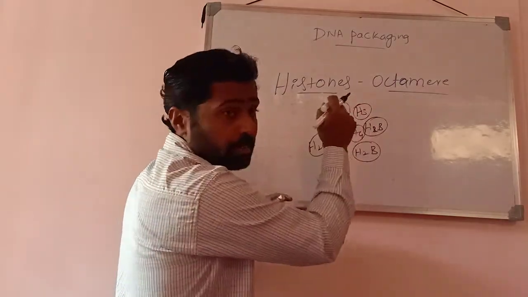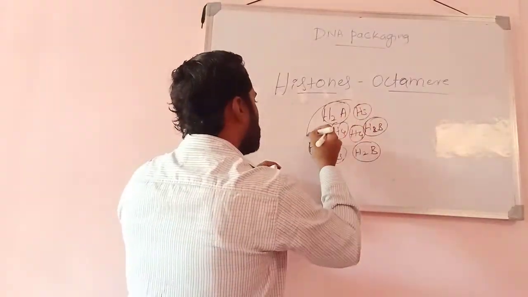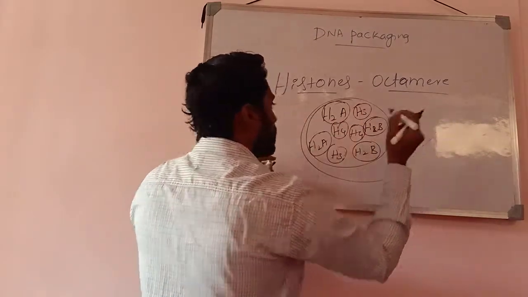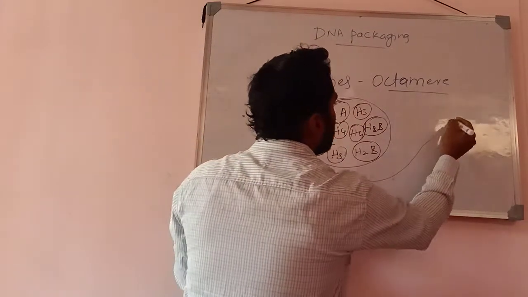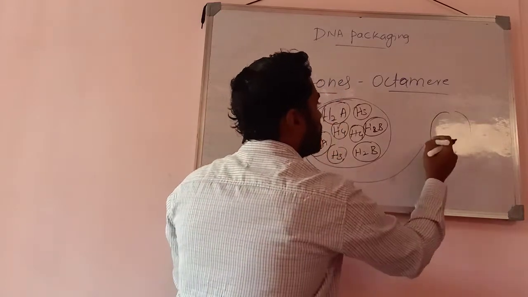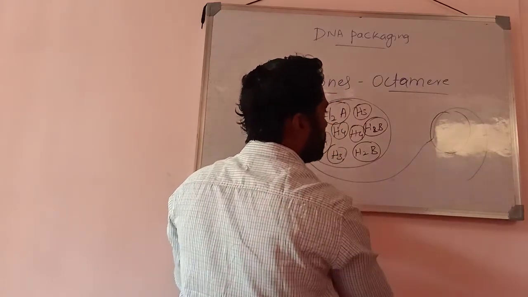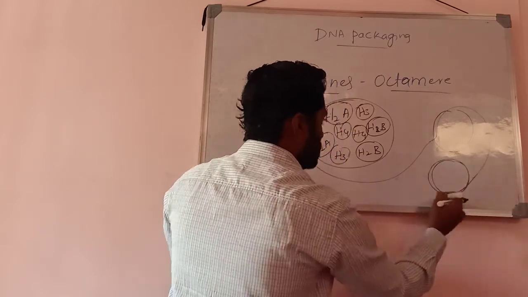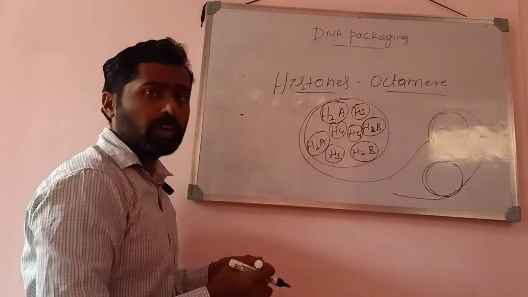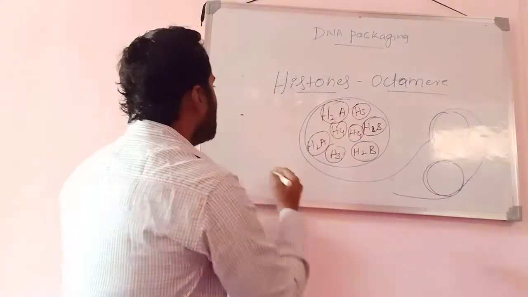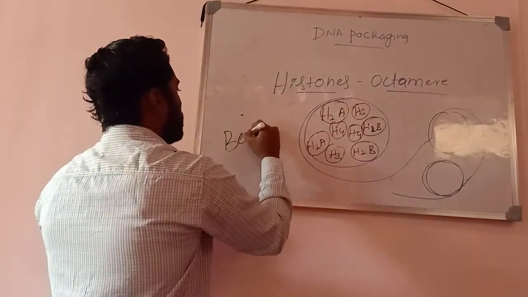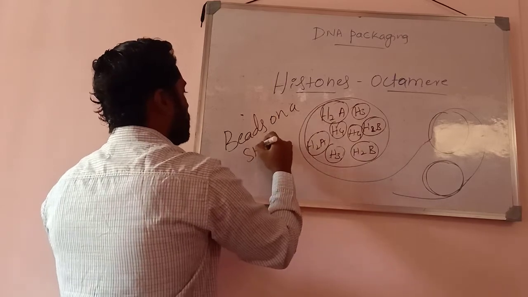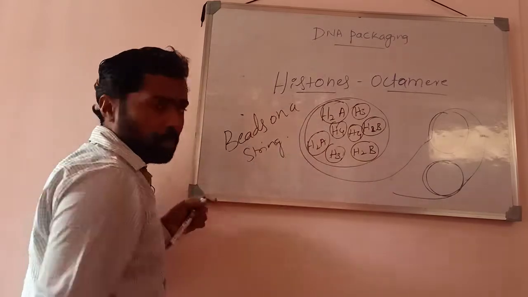Core means the center. Around this core, the DNA wraps. ಈ ಕೋರ್ ಸುತ್ತ ಏನಾಗುತ್ತೆ wrapping ಆಗುತ್ತೆ. Here there will be another histone octamer. Again the DNA wraps over here. Here there is another histone octamer. Again the DNA wraps over this histone octamer. So likewise it goes on. It just looks like beads on a string, isn't it?